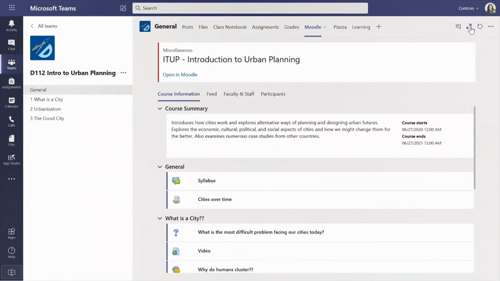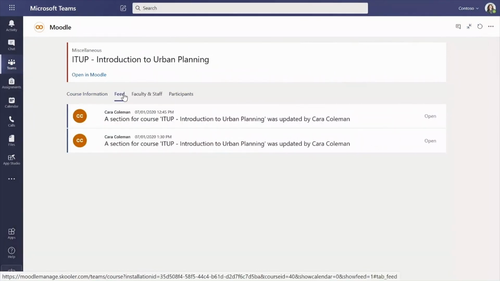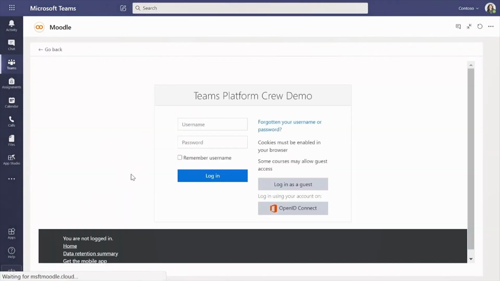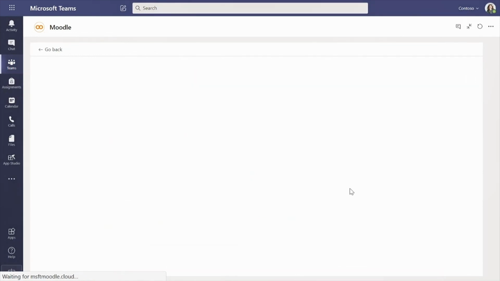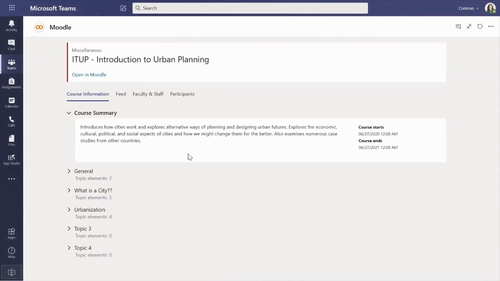So that content still lives in Moodle. You see here that I can immediately take use of the full real estate that I have in Teams. I have the feed, I have the participants. Here I have my syllabus, right? Again, full single sign-on, and I see that I have everything from Moodle directly in my Teams environment.